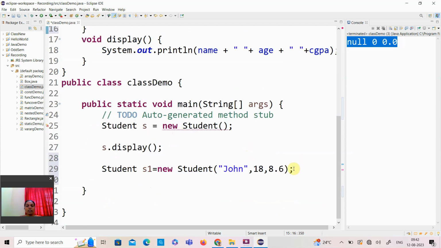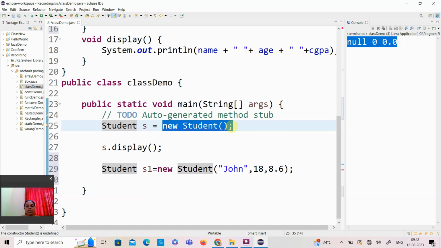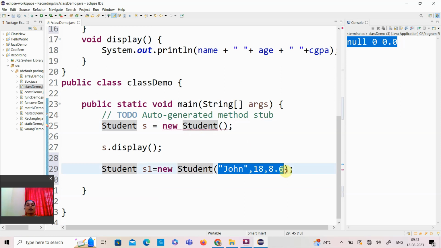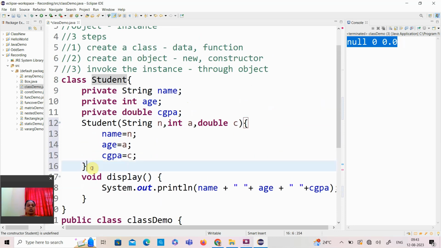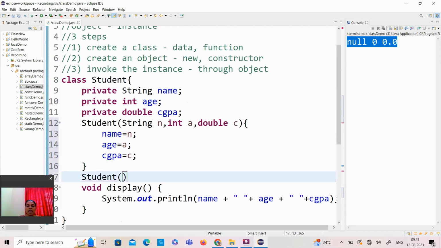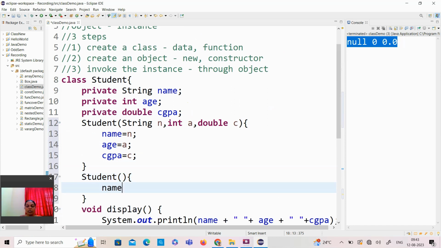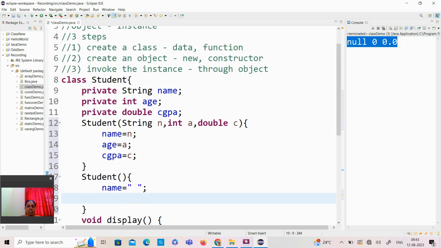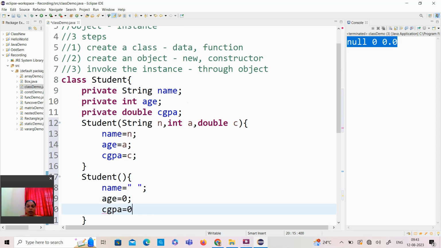So now I want to display the same thing. Now I am getting an error. Whenever you have created a user-defined constructor, you need to create this empty constructor also. If I am not having any constructor in my class, then my default constructor gets invoked. But if I have written my own constructors, the default constructor will not be invoked. So you need to create one empty constructor and initialize the values to their default values. Age I can represent as 0,